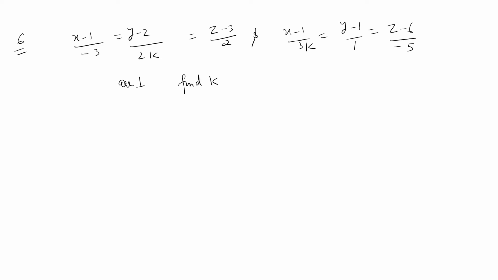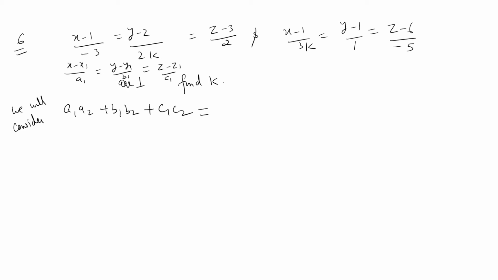So you know the condition. Again, the sum of the product of direction ratios is 0. Then we say that the lines are perpendicular. So we will check it. Okay, so we will consider this. I need to prove it to be 0. But firstly check that the equations are in symmetric form, like x minus x1 upon a1 is equal to y minus y1 upon b1 equal to z minus z1 upon c1. So I think everything is okay. So these are the original direction ratios. No change is required. Similarly, x minus x2 upon a2, y minus y2 upon b2 is equal to z minus z2 upon c2.